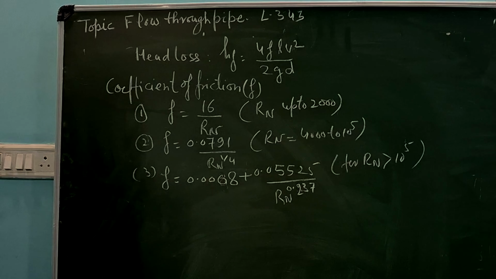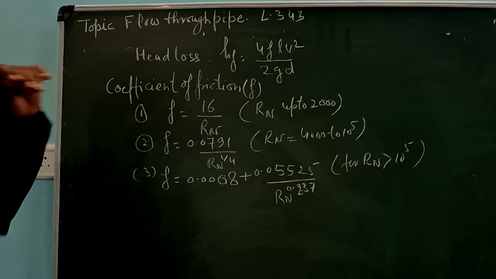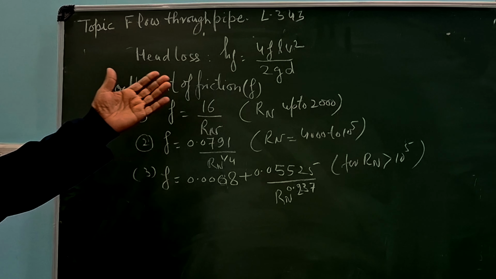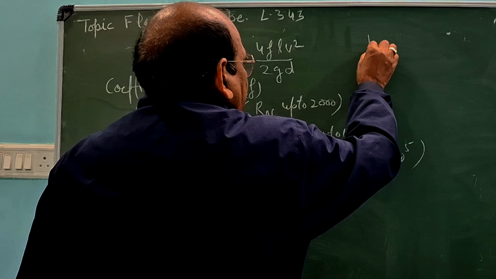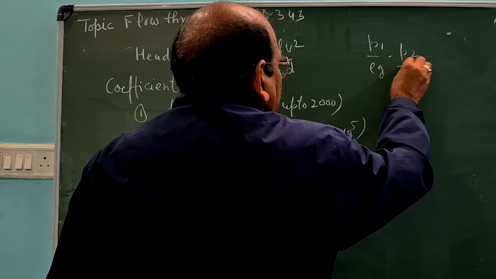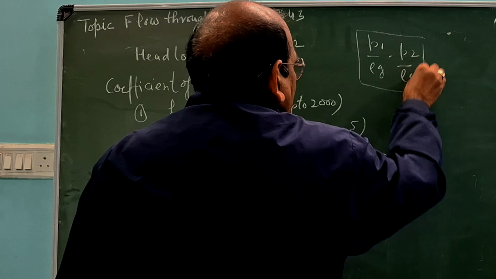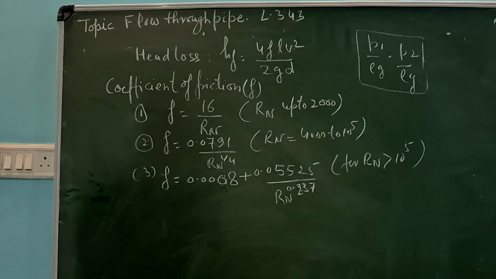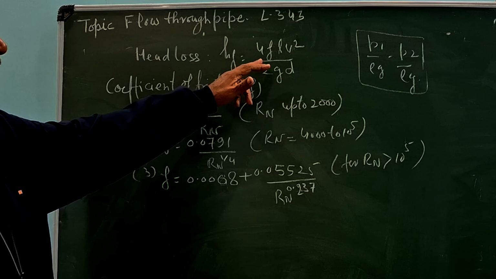In this lecture on pipe flow, we'll try to understand the head loss. What is the head loss? Head loss hf is P1 by rho g minus P2 by rho g. This P1 by rho g minus P2 by rho g is the head loss, which is equal to 4FLV